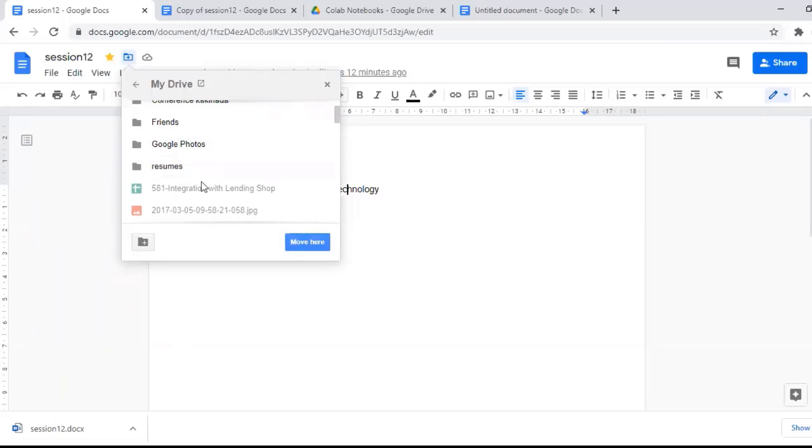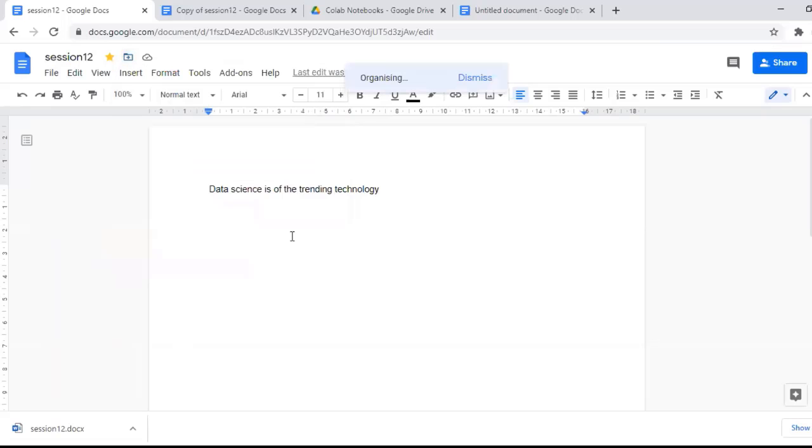Just wait, I'm moving it to Google Photos. Just click on move. You can see here the document has been moved from resumes to Google Photos. That means I moved the document from one folder to another folder, right?